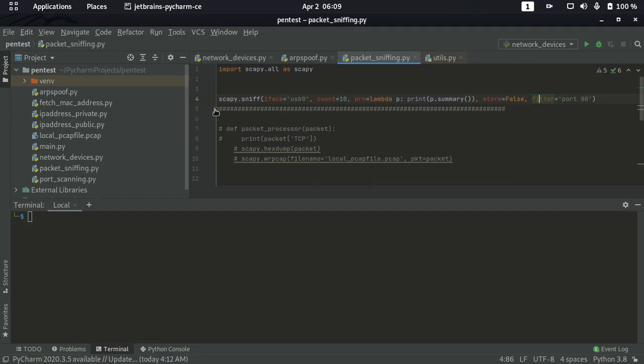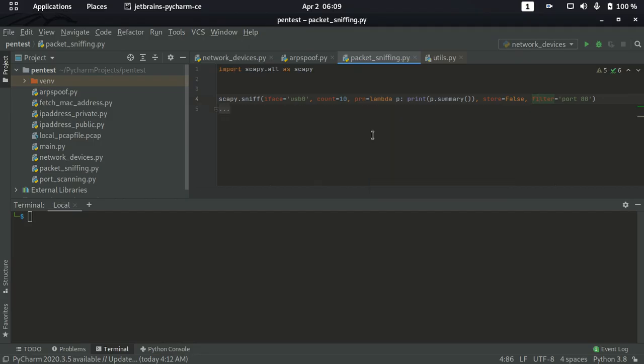In order to do the packet sniffing, we are going to import the module called Scapy, and after that we are going to use the method called sniff from Scapy. The sniff method will have different arguments such as interface, count, prn, store, filter and so on. Generally, interface stands for the interface that has to be sniffed, count gives the maximum number of packets that you can sniff, and prn will be your callback function. Whenever you receive a packet, for that particular packet the function will be called.